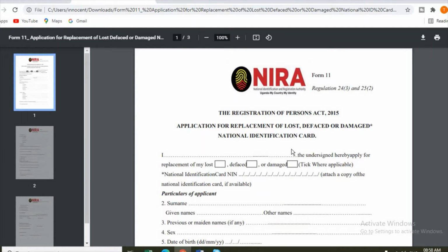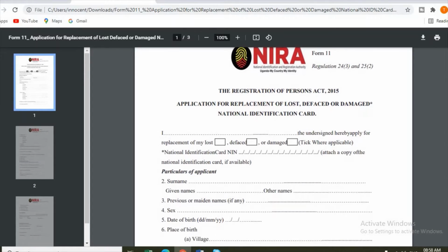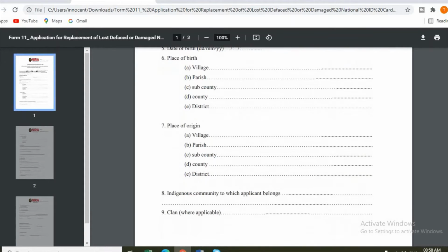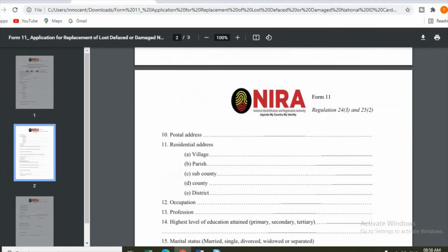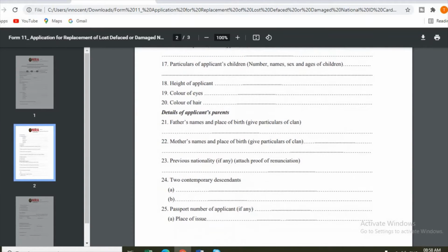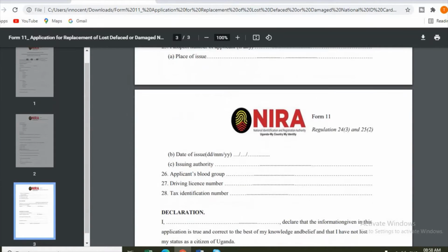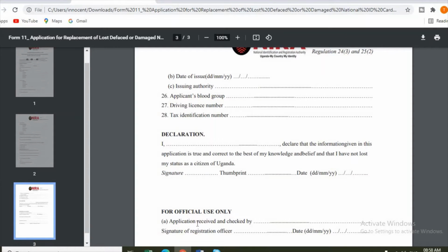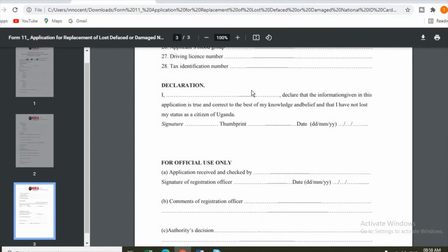This is it: application for replacement of lost, defaced or damaged national ID. So you come and fill this form, and make sure the information you enter is correct. You come and sign here, then this part you leave for official purposes. Here you declare your names and